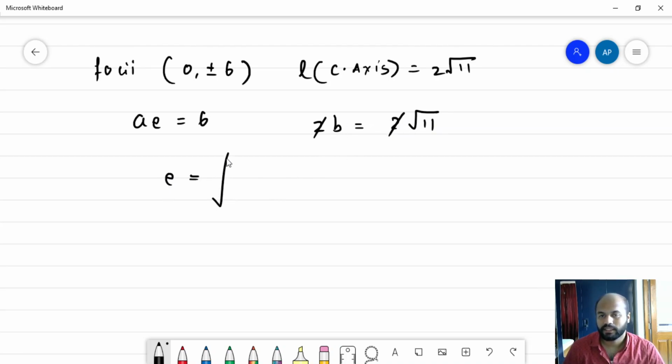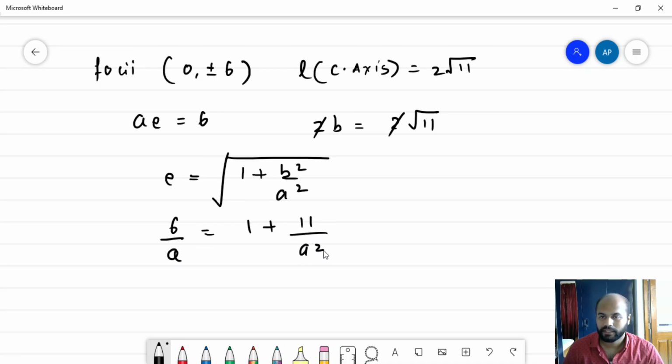Now eccentricity, as we know, is root of 1 plus b square by a square. So the b value is known to us and eccentricity is 6 by a. So now we can very well find the value of a square. Squaring on both sides, what we get is 36 by a square is equal to 1 plus